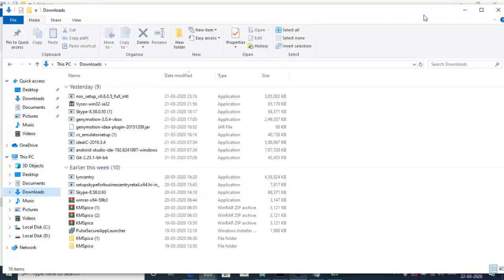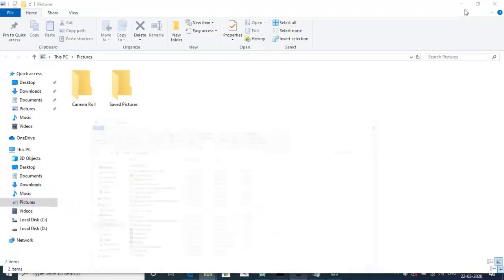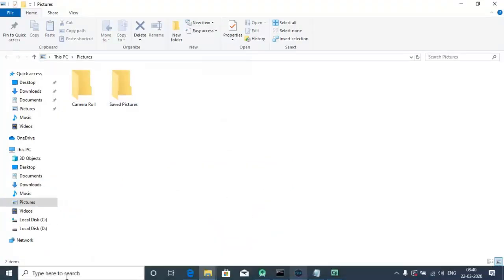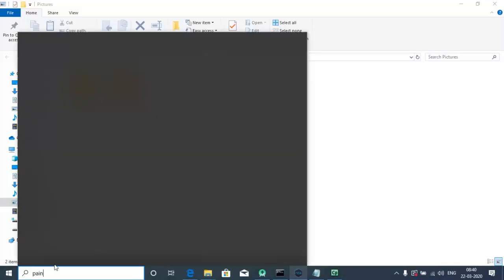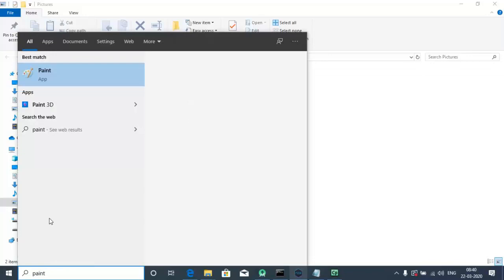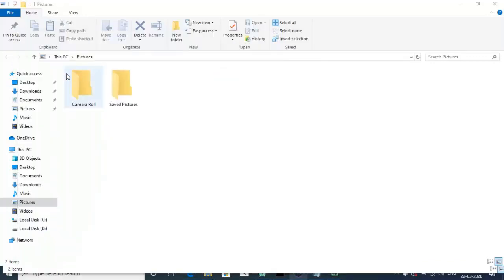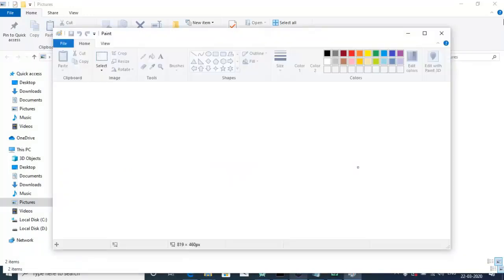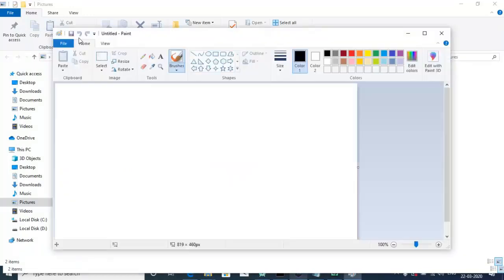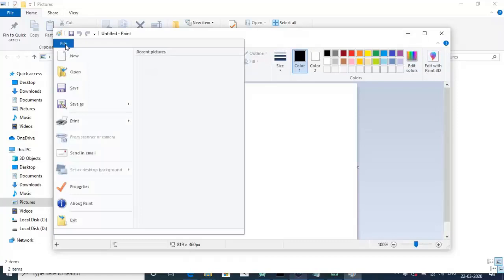So this time I think I don't have any image, so let's create some images. Paint, yes. And another thing, you cannot use spaces in the name of your resources. So I'm creating this, my image one,